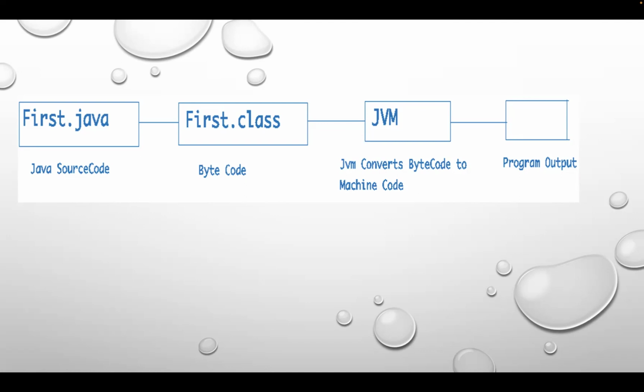Why machine language instructions? Because the system knows only one programming language, which is machine language instructions. And what are machine language instructions? They contain purely zeros and ones, bits and bytes. That is the reason we are doing this. So now come back here. Now we have seen here,